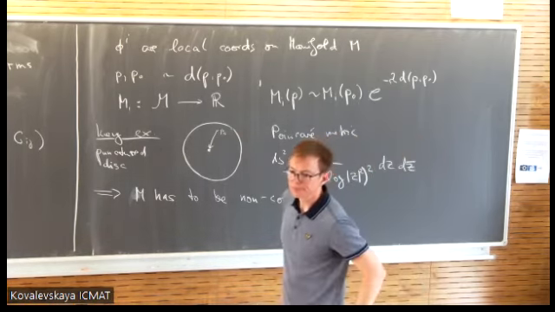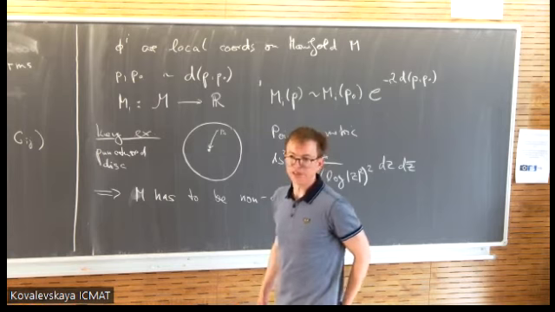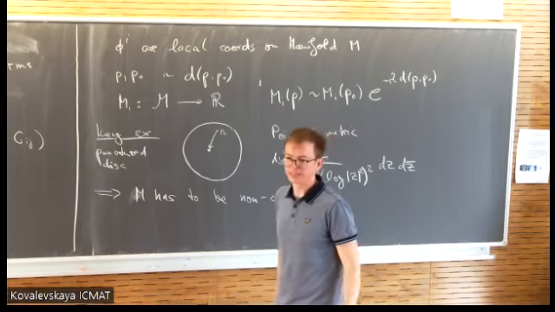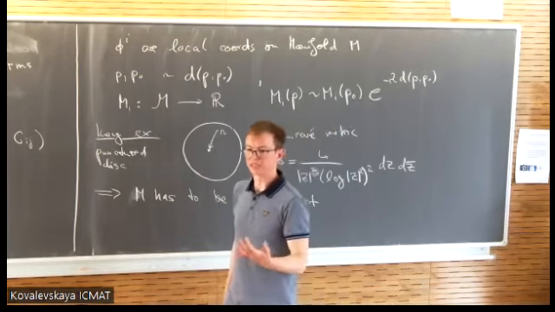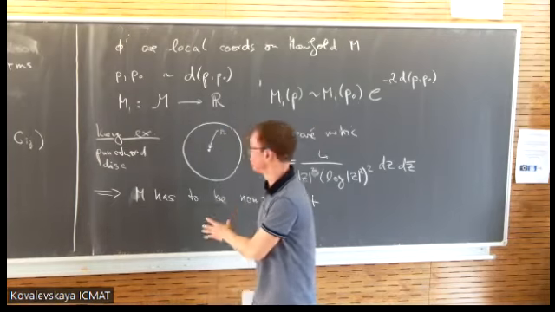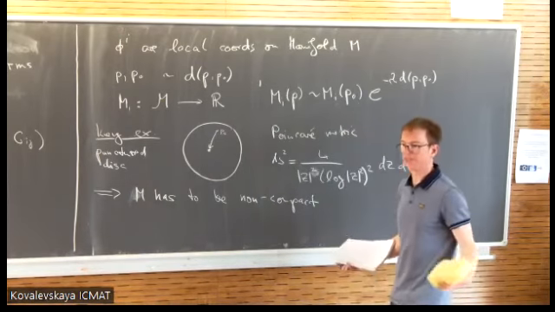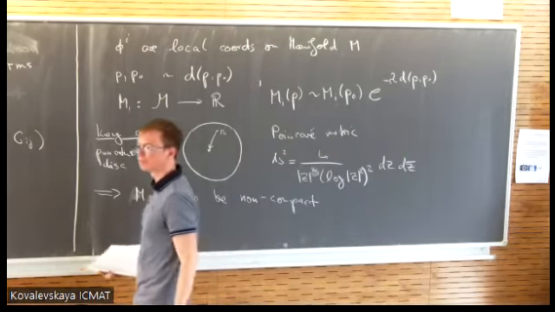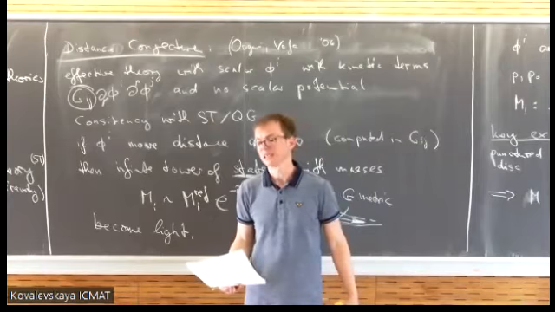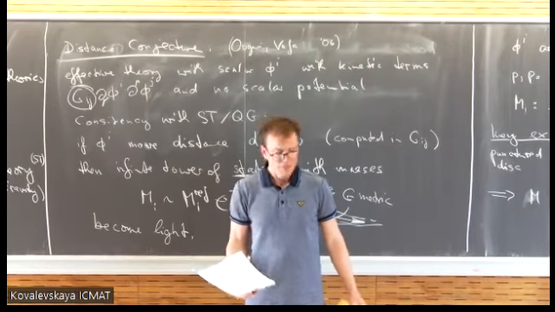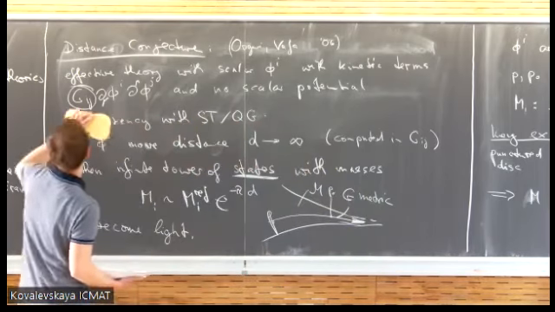Can't you just take a compact space and say the conjecture holds trivially? Yes, you can do that, but then there's nothing to test. The fact is such things come out of string theory, so there is something to test. Yeah, such examples come out of string theory, and you will see that in a moment. Namely, you see that moduli spaces of manifolds are non-compact. But in this example, this has to be non-compact just because you can go to infinite distance, right? Yes. There's nothing about the mass here. You didn't explain what the mass is. No. So it follows purely from the distance argument.